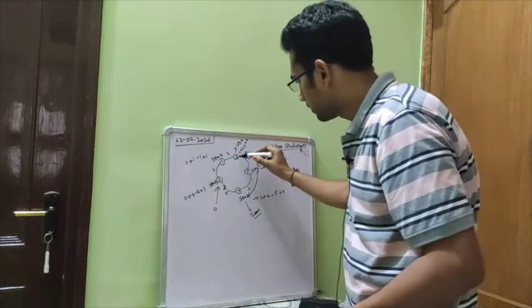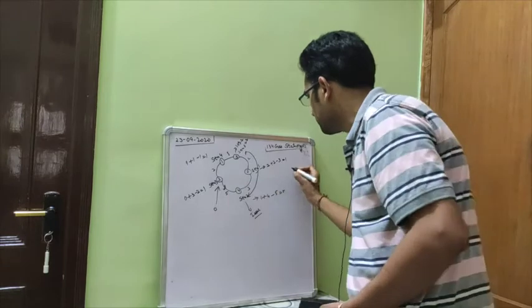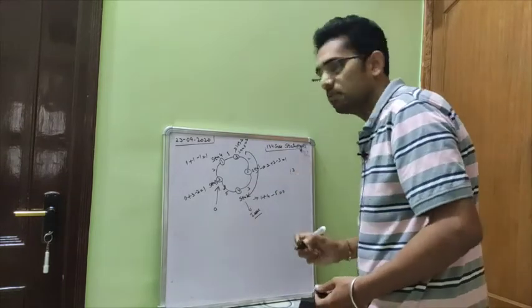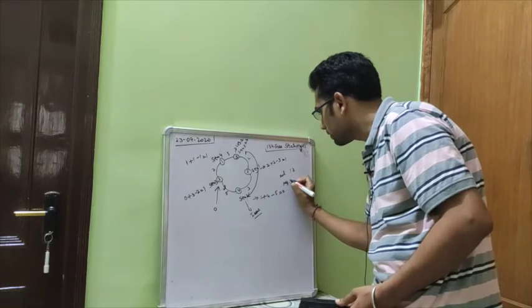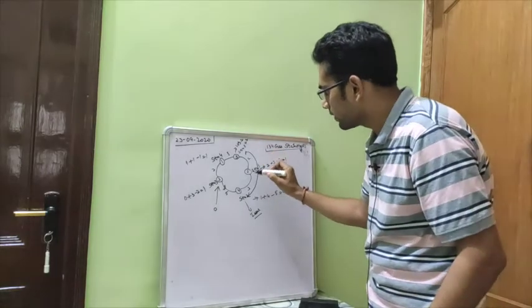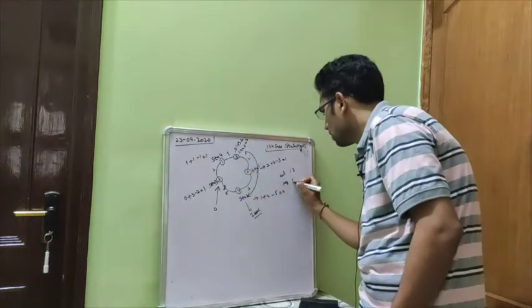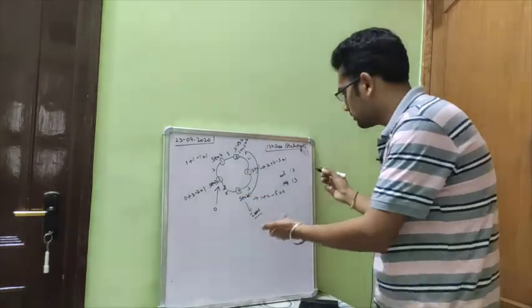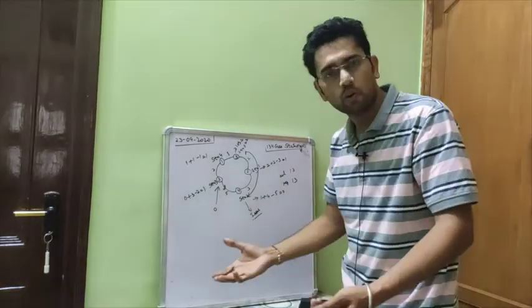So it was like 3 plus 2 is 5, 5 plus 4 is 9, 9 plus 3 is 12, plus 1 is 13. 13 is available. And what is the requirement? Requirement is 2 plus 3 is 5, plus 5 is 10, plus 2 is 12, plus 1 is 13. So availability is equal to requirement. So what we needed was availability should be greater than or equal to requirement.